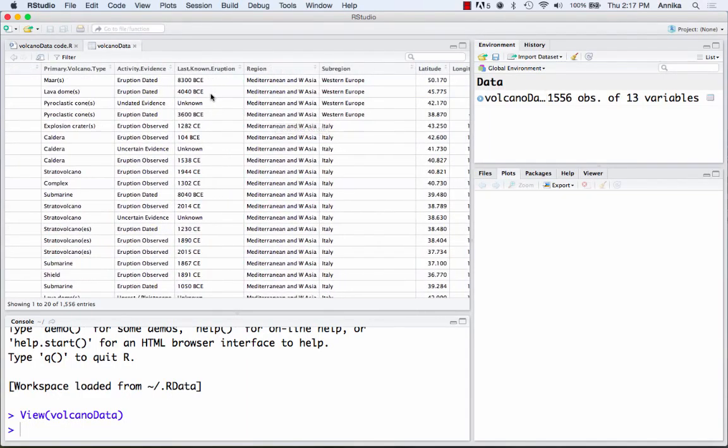Last known eruption, while that is really useful and I can see being able to make a really cool graph from it, R is unfortunately not the best with dates, especially since you see we have a number and a letter in here. So if it didn't have these letters, BCE or CE, it would be much easier to graph because then I could treat it as numeric data and just graph it from least to greatest or something like that. But as it is, it's a combination of these, so it would be very difficult to